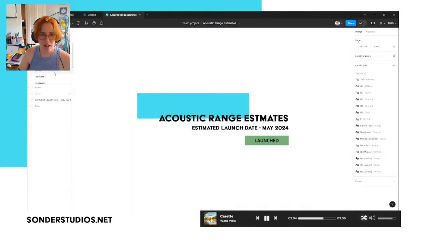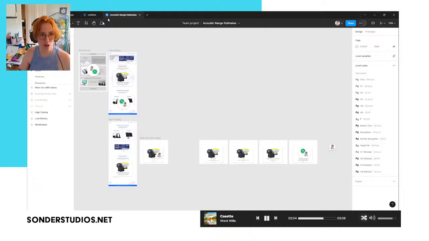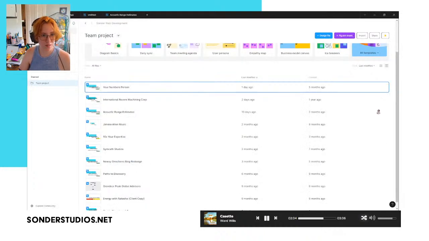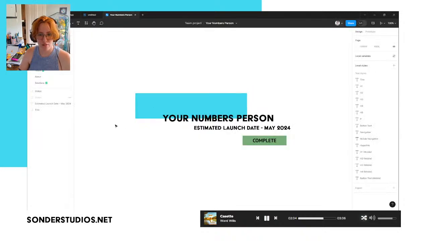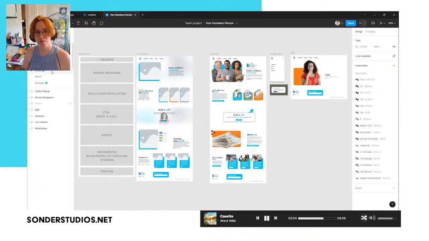So typically in design, when it comes to web development, you have 3 different stages of design that you go through. First off, this is the wrong one. There we go. Okay, so typically when it comes to web design, it's common for teams to go through 3 rounds of designs with revision rounds in between. You have the wireframes, you have the low fidelity designs, and you have the high fidelity designs.